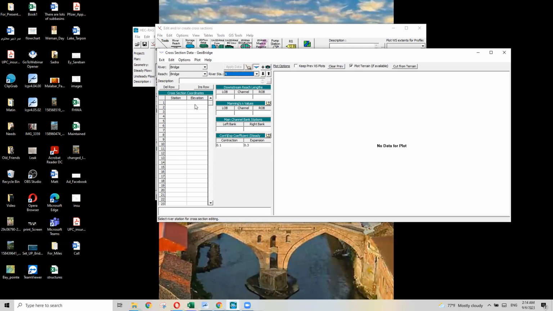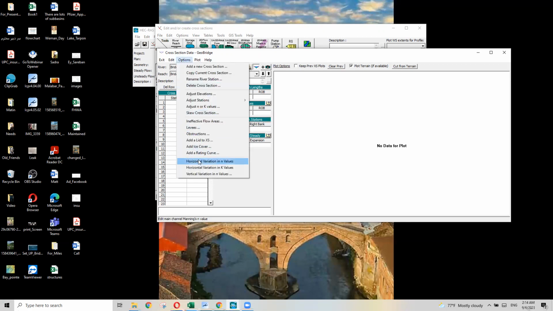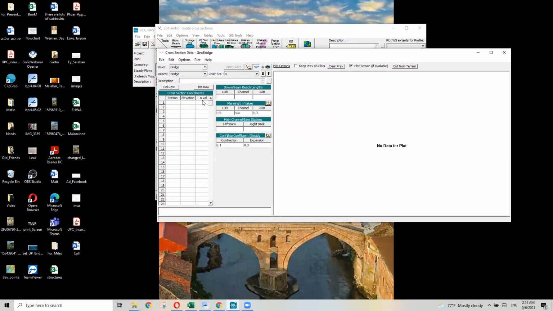One thing before copying the data here: if you use the default, you have station, elevation, then the manning value. You have a place for left overbank manning value, the main channel, and right overbank. So you have 3 values. But if you have more than 3 values for the cross sections, then you need to use a column here. So we can come here from Options and click this. Then you have station, elevation, and manning value. So here it is free, so there's no longer an option for this part. Normally I use this because we have varied values. We have more than 3